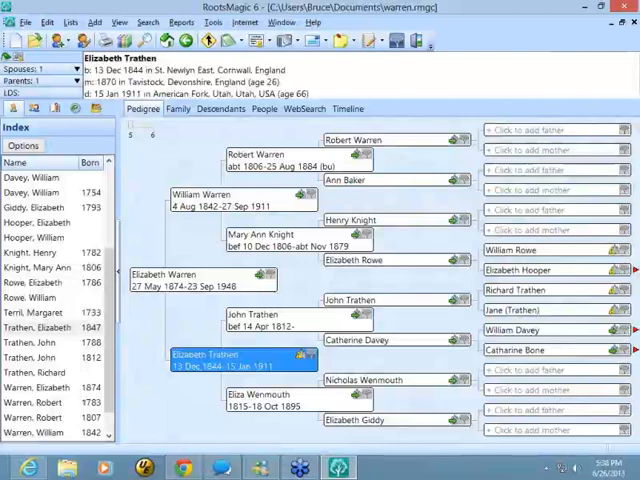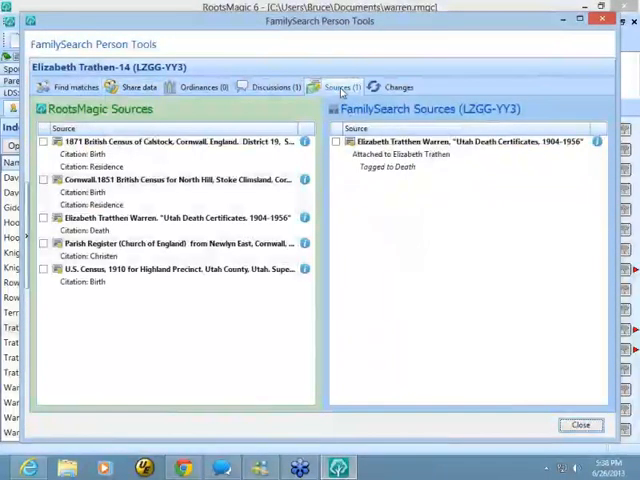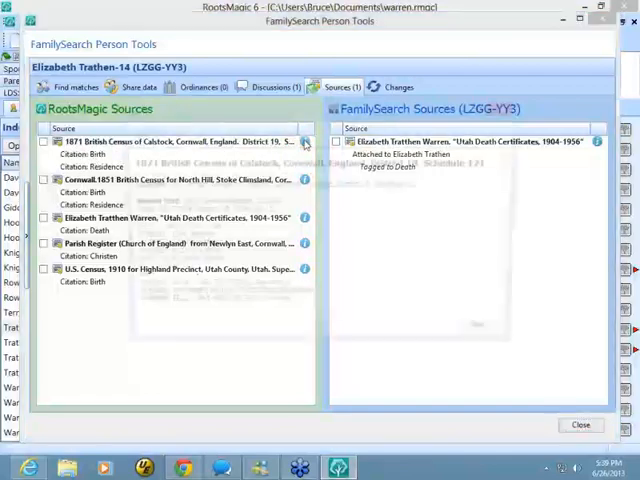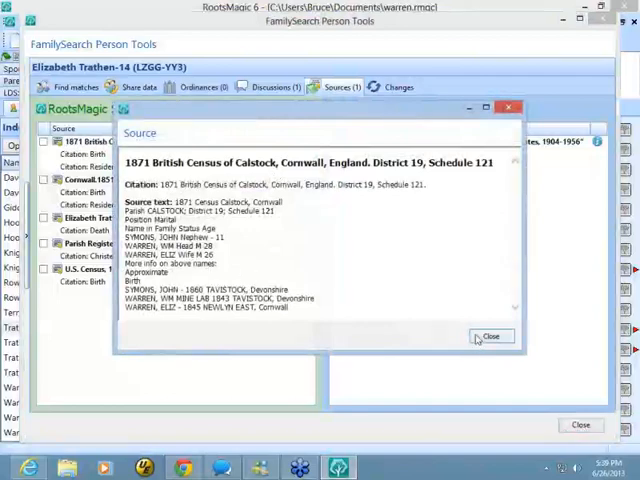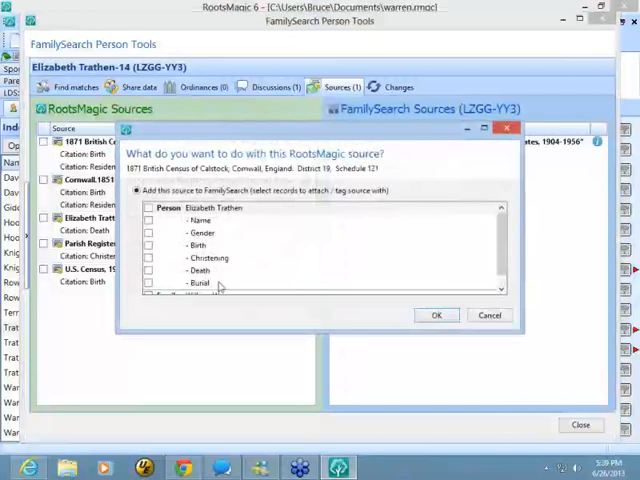Okay, let's go back in here to those FamilySearch person tools, and I'm going to go back into the sources screen because we were still talking about that. So when I come to the sources screen, the last thing I want to show you is how you can add your sources to Family Tree. We showed you bringing a Family Tree source over into RootsMagic. Well, if I happen to want to take this 1871 British Census source that I have in RootsMagic and add that to Family Tree, I just check it right here, and I choose what I want to add it to